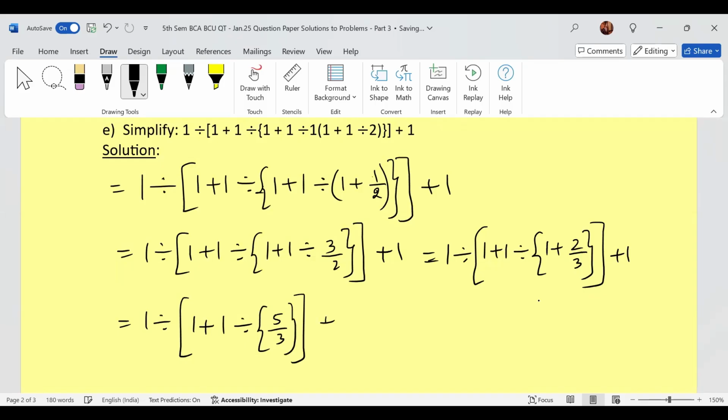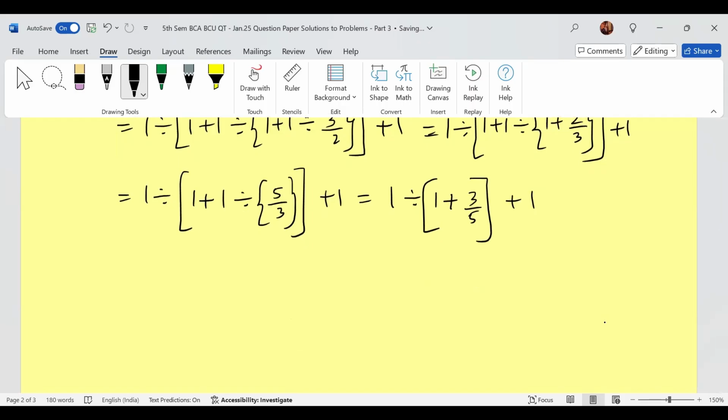Close the box brackets, plus 1. This is equal to 1 divided by, open a box bracket, 1 plus 1 divided by 5 by 3, which is nothing but 1 multiplied by 3 by 5. So I will write 3 by 5. Finally, plus 1. So this is equal to 1 divided by 1 plus 3 by 5, which is nothing but 8 by 5